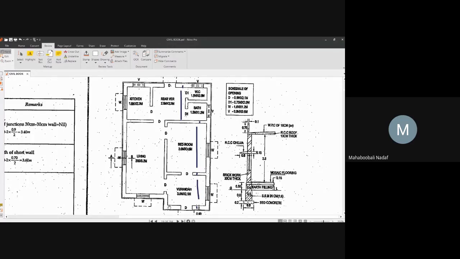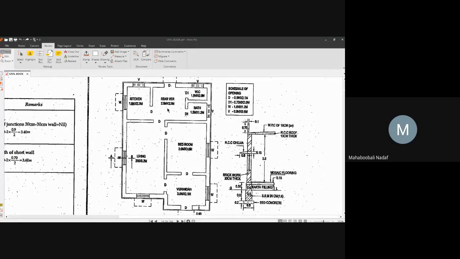Okay? So first in the center line method, we have calculated only the 30 centimeter wall, total center to center distance. Now come back to internal walls. So we need to calculate everything. We need to calculate all the things.